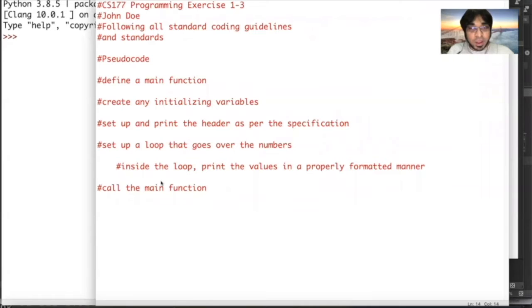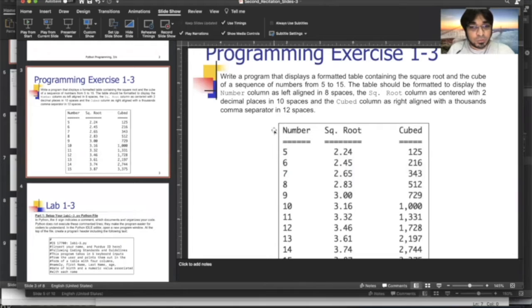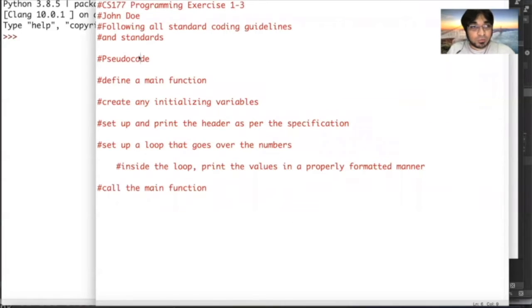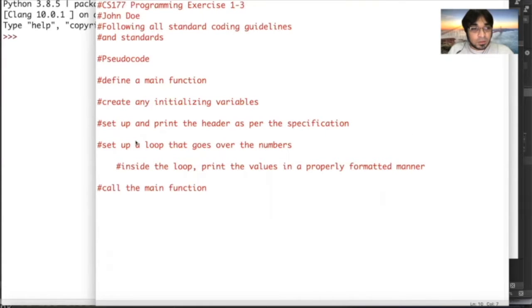Okay, so now we're in IDLE, and I have already jotted down the pseudocode for you guys. This comes from the main idea of the question, which talks about the number, the square root, and the cubed. We'll define a main function, initialize some variables if we need to, and set up and print the header as per specification, meaning as they are aligned and with the width size,